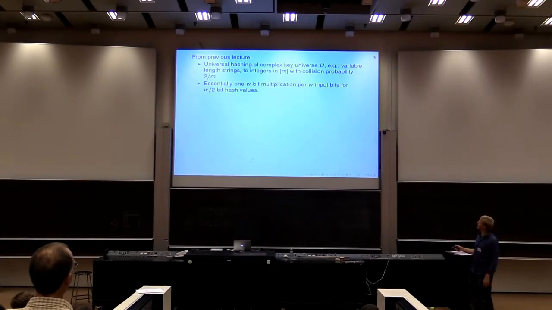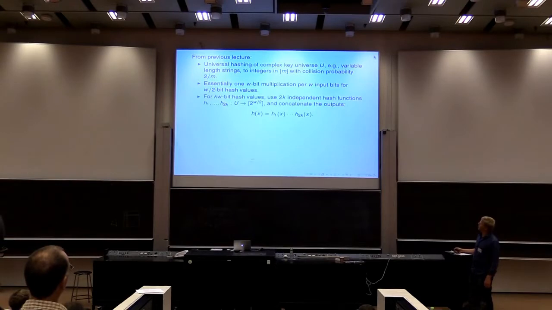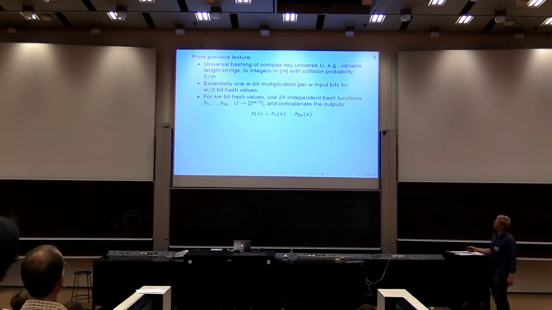product and stuff like that, we only did one W-bit multiplication per W input bits. Okay? So we only got W/2 bits out. So again, think of W as 64 bits, then we get a 32-bit hash value. And I don't remember if I really said that, but of course you can get a larger hash value, because all you have to do is to import